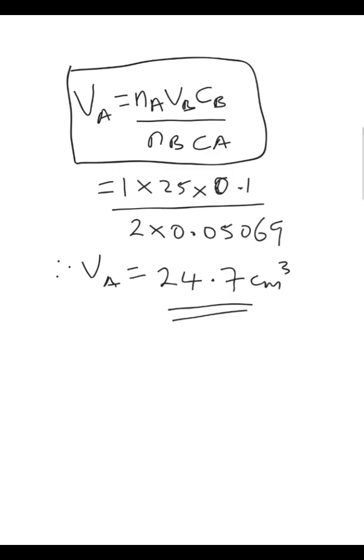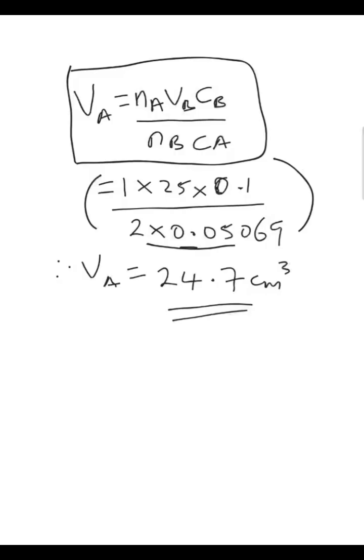NA is the number of moles of the acid, and from our balanced equation, the number of moles of acid is 1. VB is the volume of the base, and the base is in a pipette, a standard pipette of 25 centimeter cube, so the volume of the base is 25. The molar concentration of the base, Cb, we got was 0.1. The number of moles of the base is 2, from the balanced equation, and Ca, the concentration of the acid, we got as 0.05069. If we substitute these values and divide,